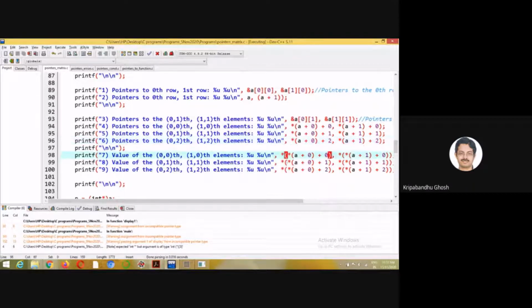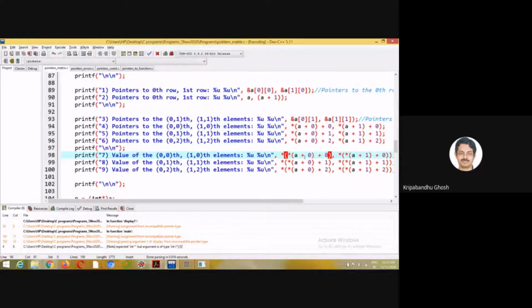And finally, since it is a two-dimensional array, the pointer needs to reach the second dimension also. So basically we need two stars. Two stars are required. So by the notation star a plus 0, with the whole preceded by a star, this means this is the value of A00.